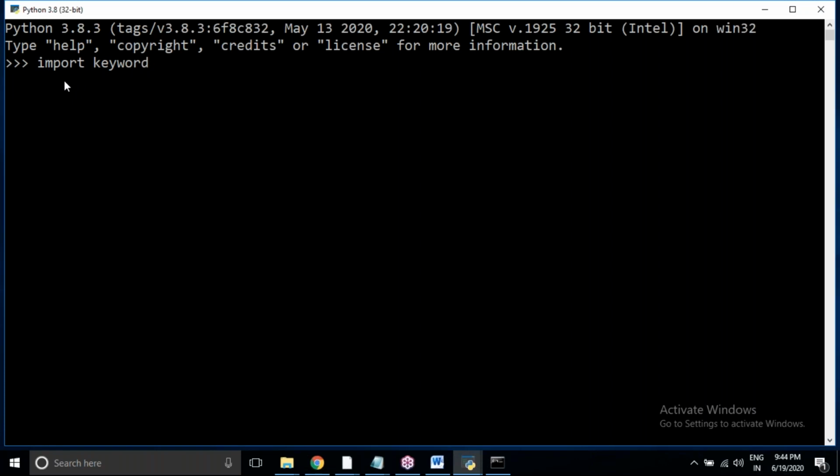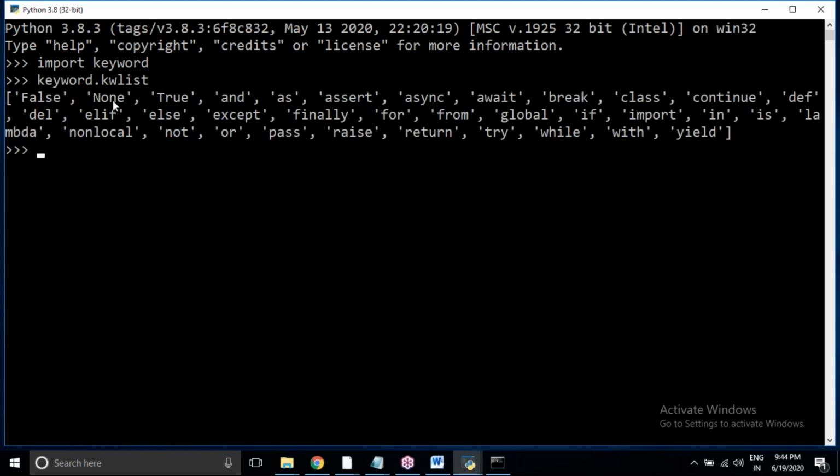Keyword is a predefined module in Python, and here I'll say keyword dot kw list. You can see the list here. Whatever I have told now, all of it is there, giving everything.